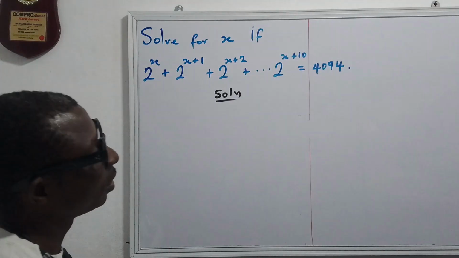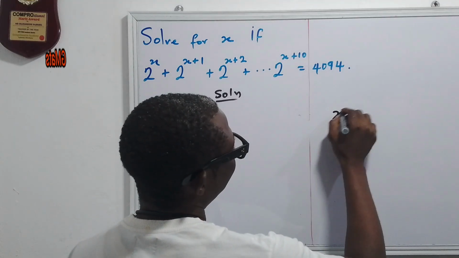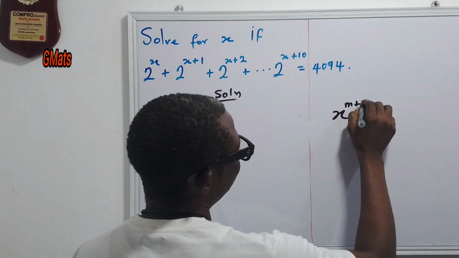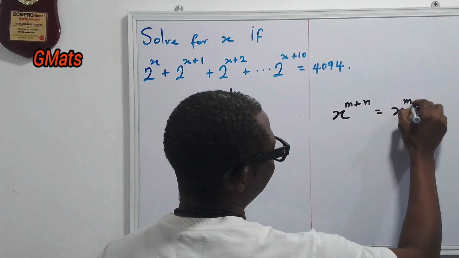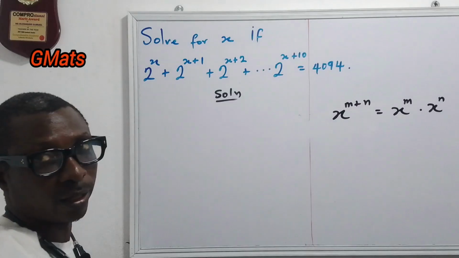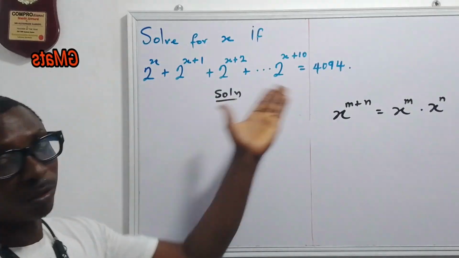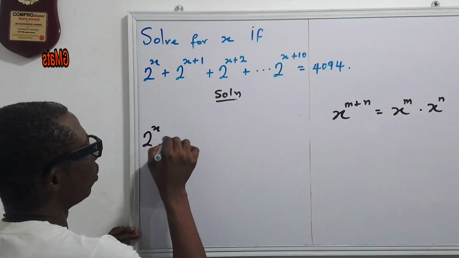Now, I must remember this rule. Whenever you have x raised to the power of m plus n, the result is x raised to the power of m times x raised to the power of n. Okay, so now this equation turns to 2 raised to the power of x plus